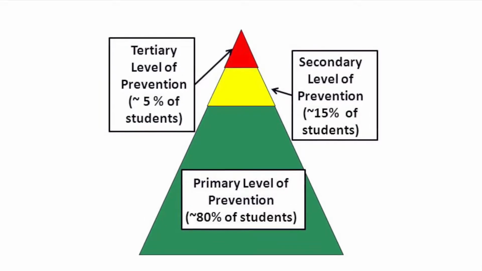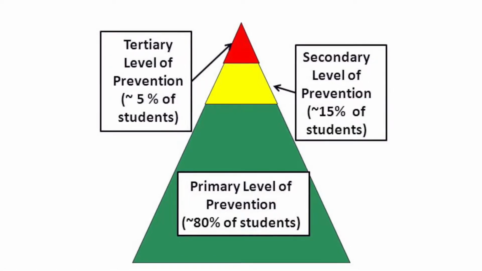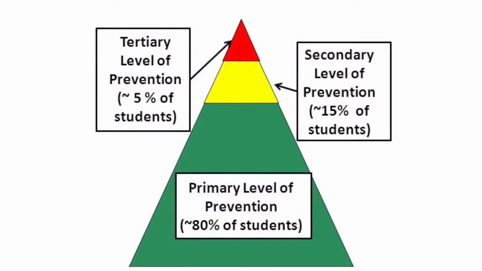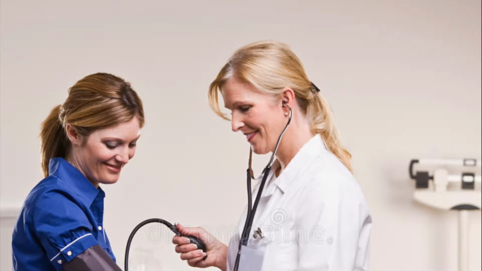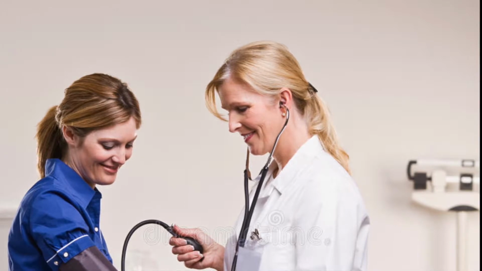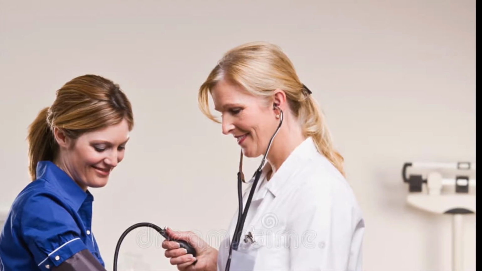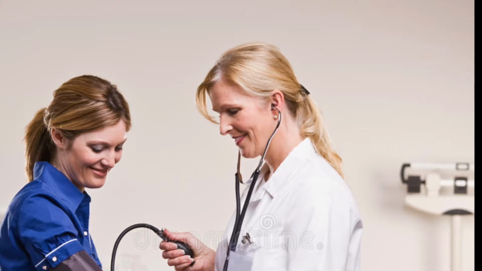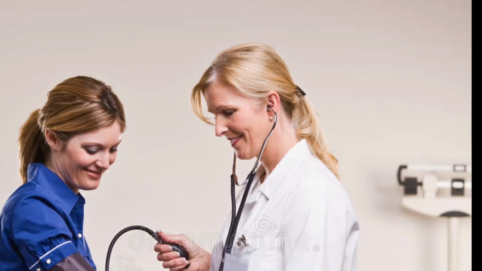So when we think about RTI, a lot of times we think about the triangle, and that is 80% of students at that tier 1, and then you have 10 to 15% at tier 2, and 5 to 10% at tier 3. One way to think about this multi-level prevention system is through a medical analogy. When you go to the doctor and you complain of certain symptoms, or you even have high blood pressure, the doctor doesn't automatically say, oh, we need to have surgery. Instead, the doctor might start with a low-level intervention, such as diet and exercise, something that everyone has access to,